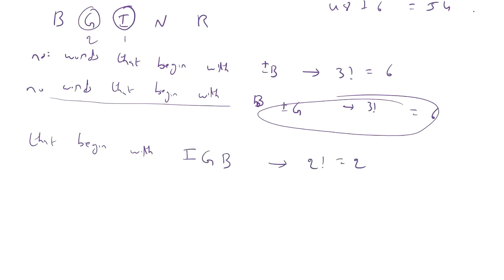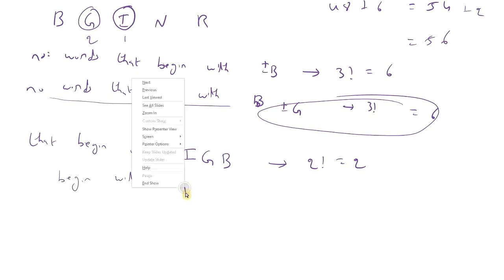So if I add 2 to 54, it will be equal to 56. So 56 is still within our reach. We are not exceeding 59. So I can count all the words that begin with IGB. There is no problem. Next, number of words that begin with, after IGB, I can have